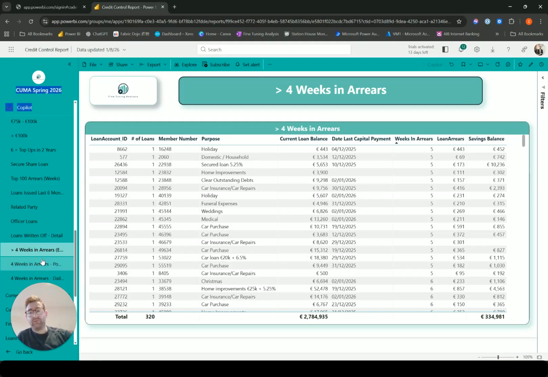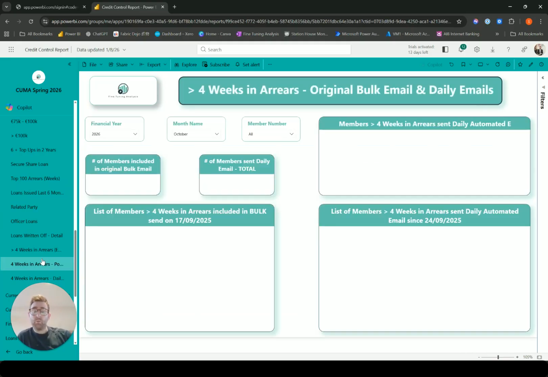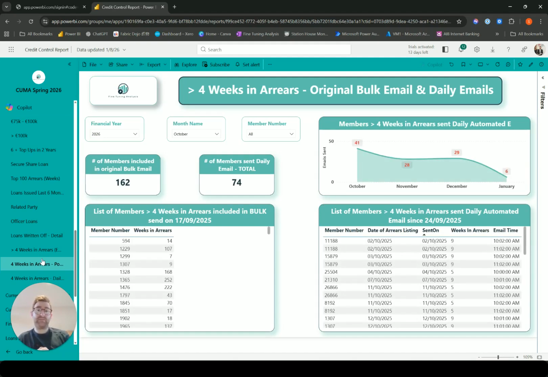And what we then can do is we come to this page. We have those spreadsheets saved down on SharePoint that we're using to kind of do that analysis. So we have the bulk email, we save that down, and that's saved down here. So we can see, okay, here's the list of members that were included in that bulk email, and we have the date in here just to kind of show the credit control officer that this was the date that we sent that email. 162 people were included in that email,